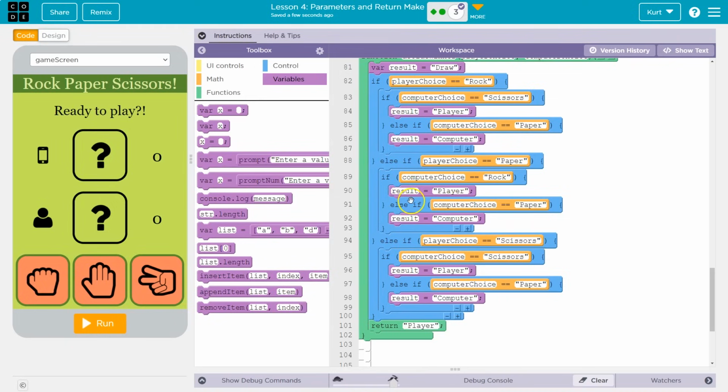And else, if the player's choice was paper and the computer was not a rock, if the computer was scissors, the computer would win. Otherwise, we don't check if the computer was also paper because that would be a draw and that's the default. So now finally, if the player is scissors,